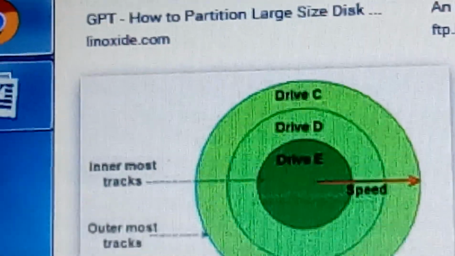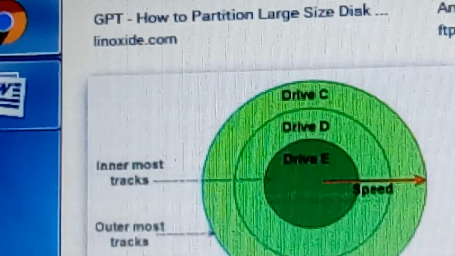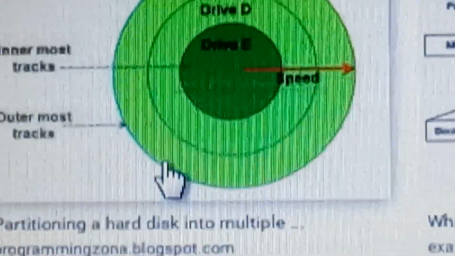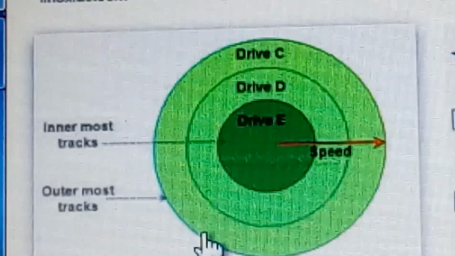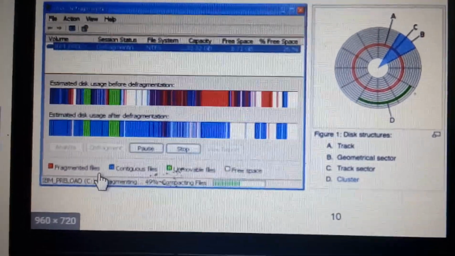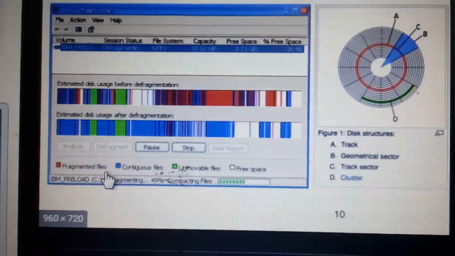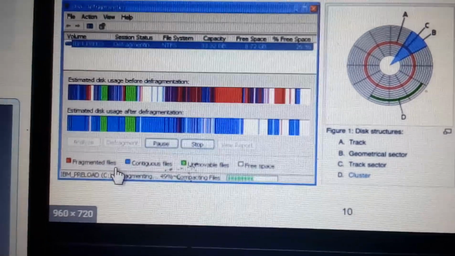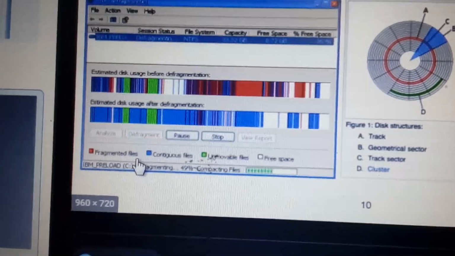Partitioning is often performed to make the hard disk more efficient. We can do it to make our hard disk more efficient. Defragmentation. It is an operation that is used to create more space on the main disk. Defragmentation: if our hard disk operates slowly,